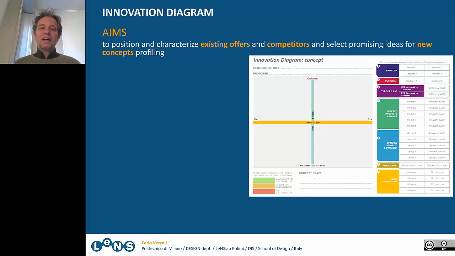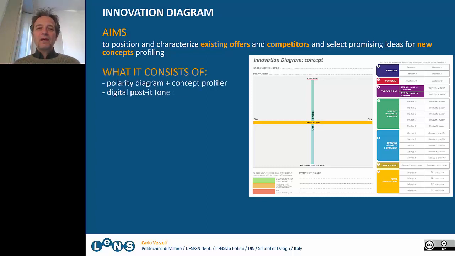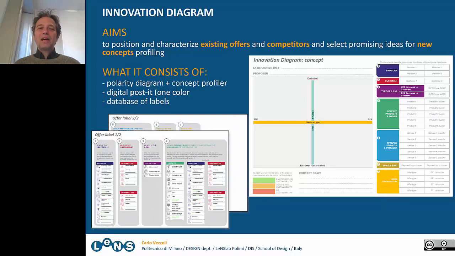So the aim and the main description of the tool. The aim is actually to position and to characterize the existing offer, the reference system, as well as the competitor, and then in a later stage to select the most promising idea and to profile those ideas to define the first draft concept. It consists of a polarity diagram plus a concept profiler that you see on the right side